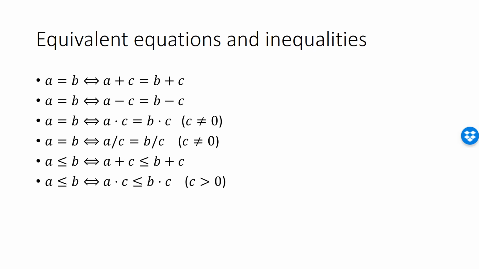However, multiplication of both sides of an inequality introduces an additional dimension. If you multiply both sides of an inequality by a strictly positive number, then you will create an equivalent inequality. However, if you multiply both sides of an inequality by a negative number, then the direction of the inequality will be reversed. Less than or equal to will go to greater than or equal to, while less than will go to greater than. To see the reason for this,